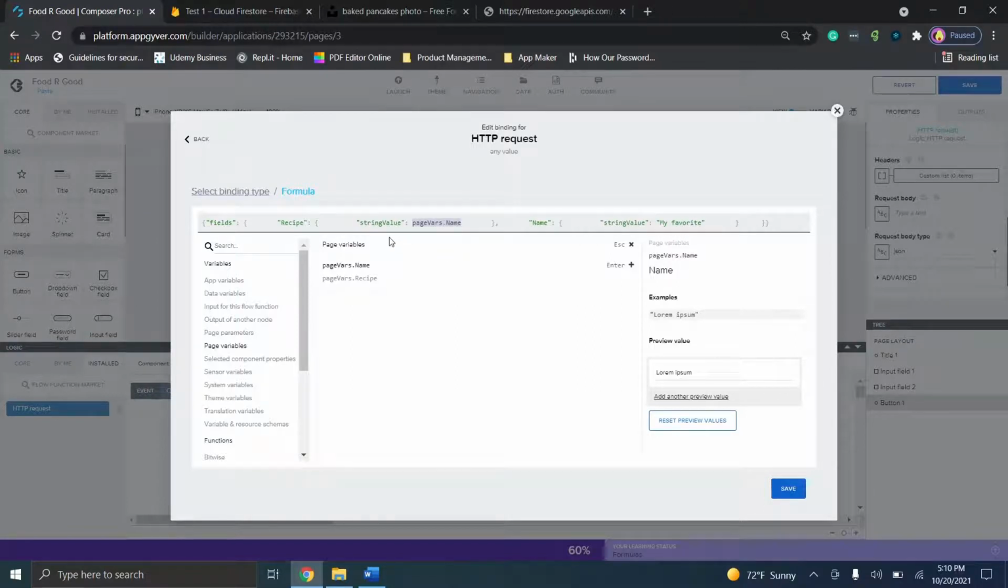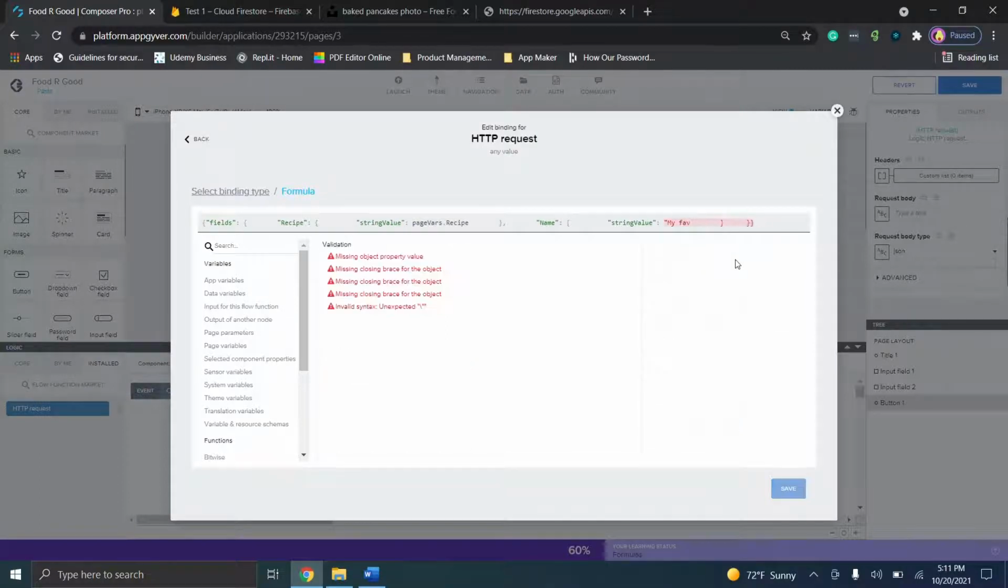So what this is saying is, in the field recipe, the string value is going to be whatever's in the page variable for name. So if you remember, we just created that. Then we're going to repeat the process for the next variable. So this is why you want to name things properly or in a way that makes sense. So we're going to do the next variable, and it looks like I actually put mine backwards. So what we're going to do is we're just going to put page variables recipe, and then the string value over here for name is going to be the page variable